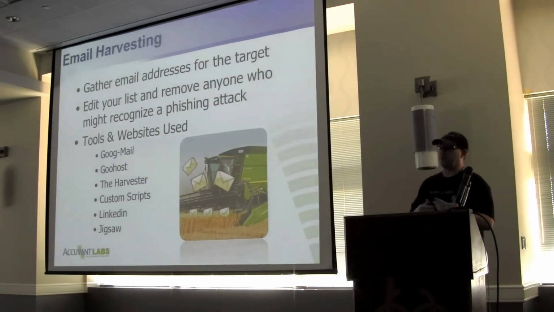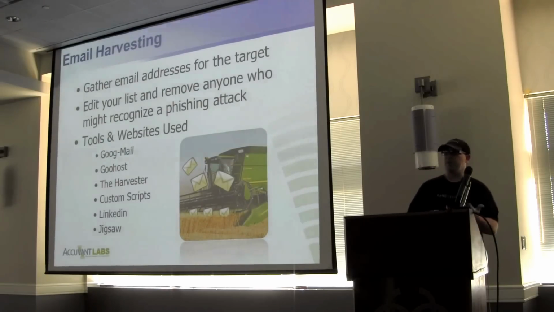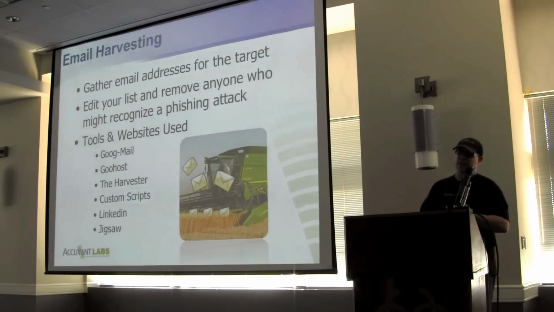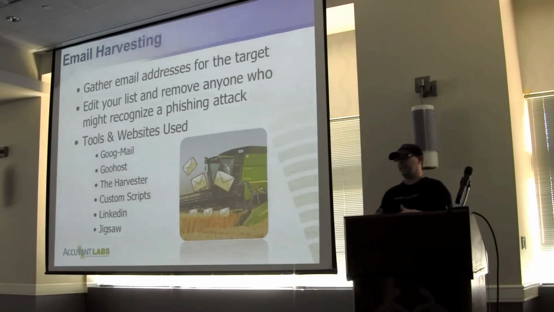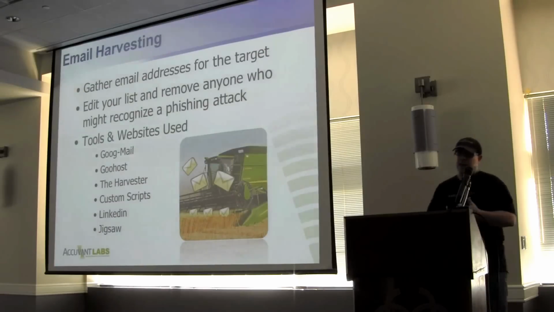So one of the things that we do is once we harvest it, we go through and we look and say, okay, this person has the word security in their title, so of course we're going to remove that person, or this one's a director, or this and that. Or there's definitely times where the customer is like, you can't target these people, right? Which is always the C-level people that are going to click on our link and give us full access to their network. So those always have to be removed.